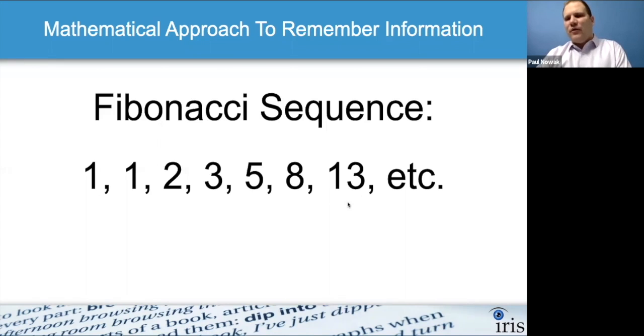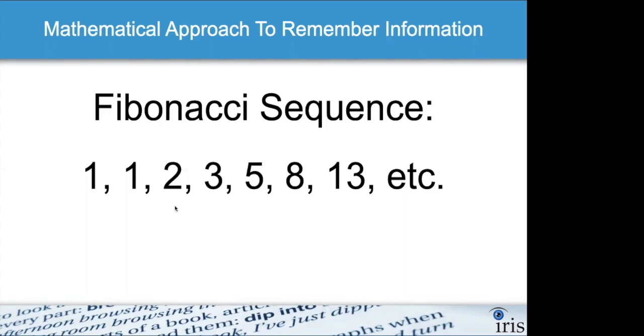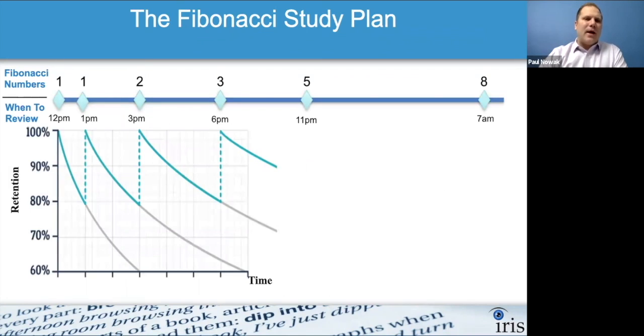But you'll notice as you do this sequence, the gaps between the numbers are getting wider and wider. At first, as you can see here, they start off very, very small, but then they get much, much wider as we continue the sequence, exponentially wider. So we can actually look at how we study. And I say study, I know most of you are probably not in school, but when we think about studying in terms of remembering information, I read this book or this PDF, this research report, whatever it is, and I need to remember it very, very well. When should I actually